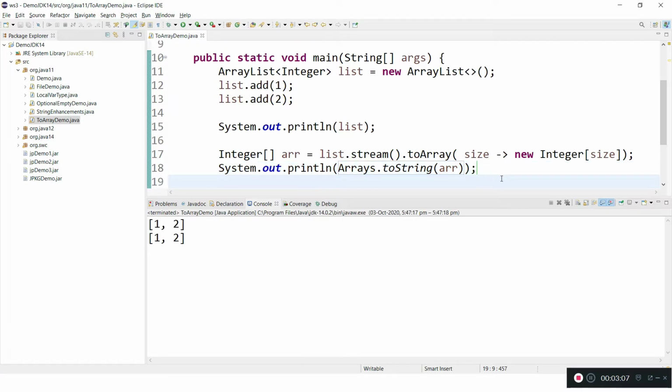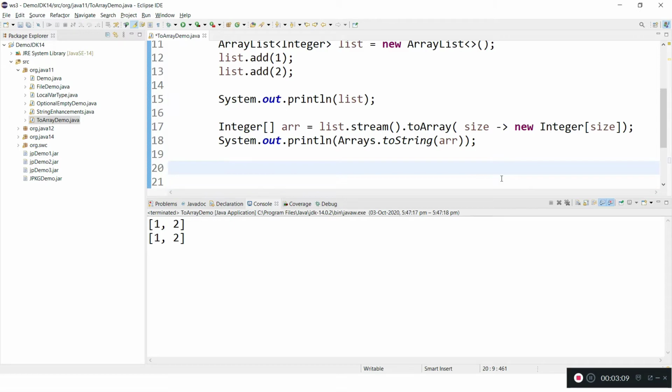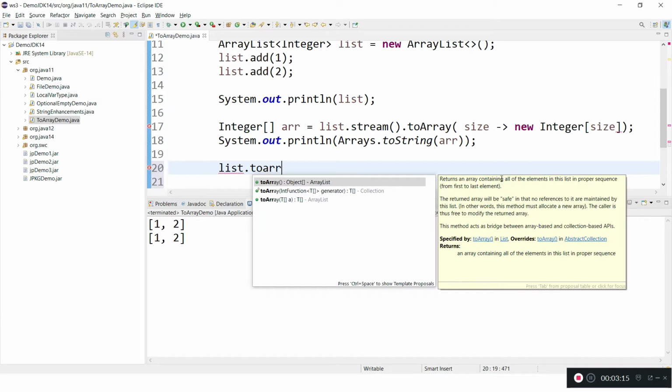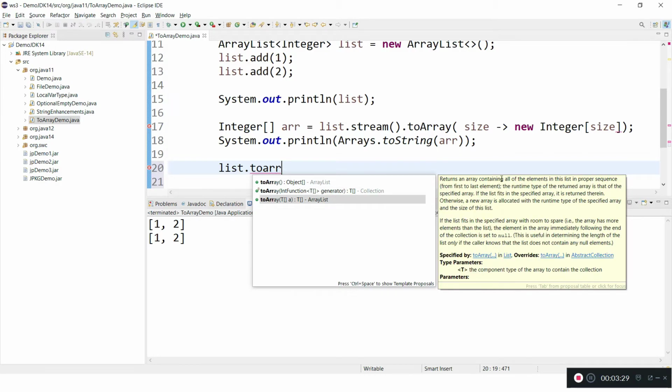Same way we can use a toArray method from the list. So here is my list. I can use a toArray. There are three methods total. toArray without any arguments directly will convert the corresponding data type into array type, and the other one takes the object.